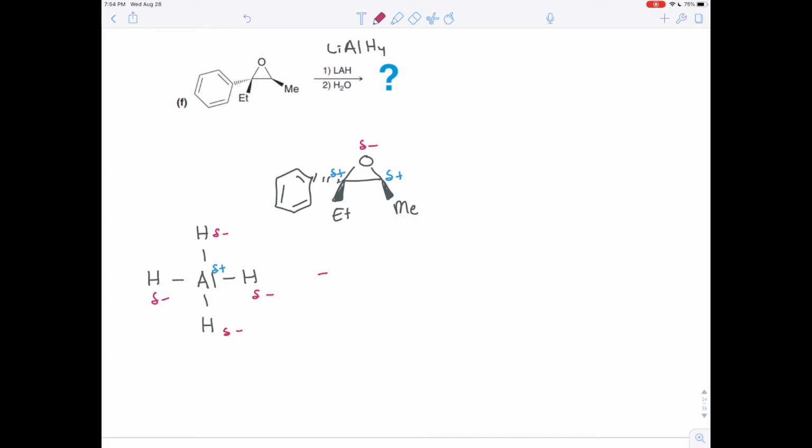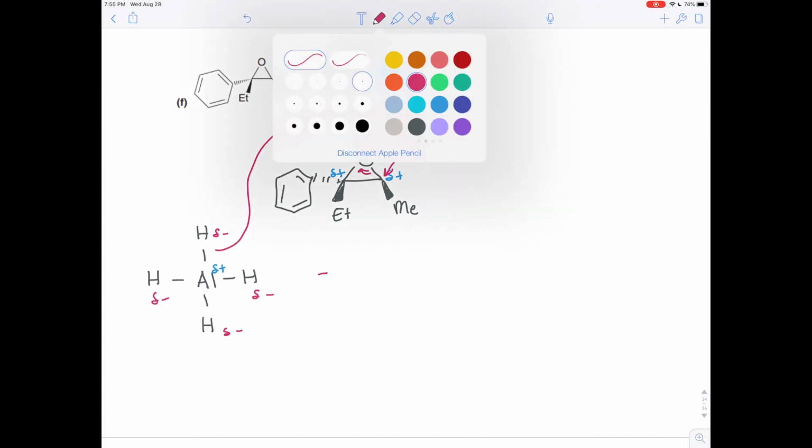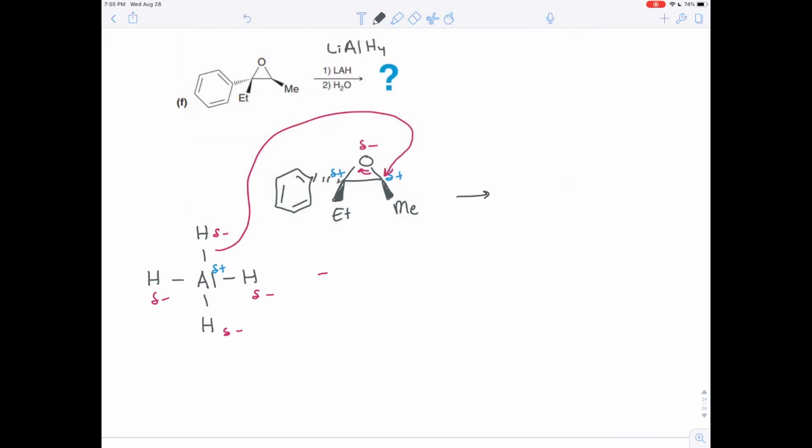So you can take one of the hydrogens, let's take this hydrogen here, that's going to pick up its electrons and attack the less hindered carbon. And again, let me draw this from the right side. Of these two carbons, like we saw last time, it's the same molecule. This one's tertiary, this one's secondary, and so the one on the right is less crowded. And so this is going to pick up its electrons and attack that one. That pops this ring open, like we saw last time,